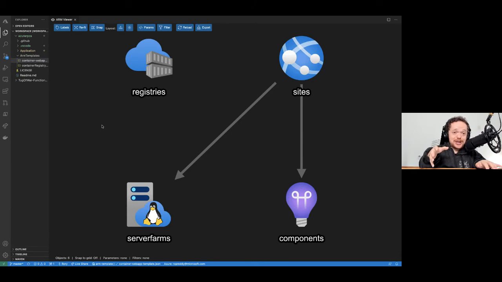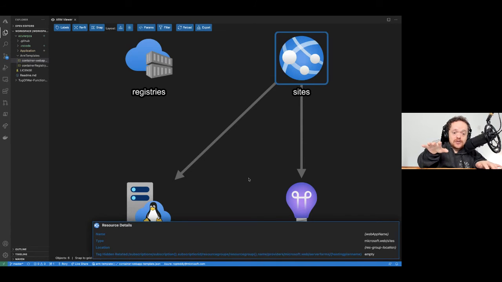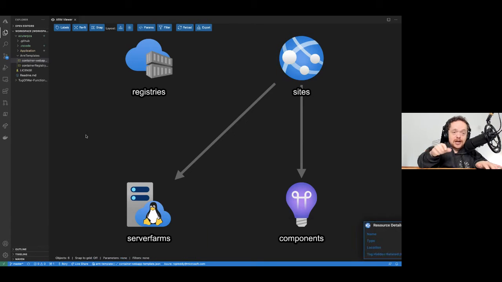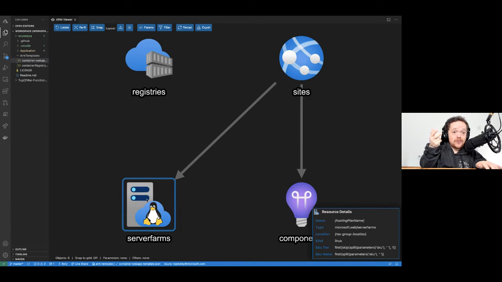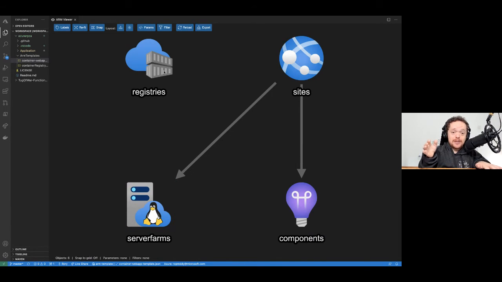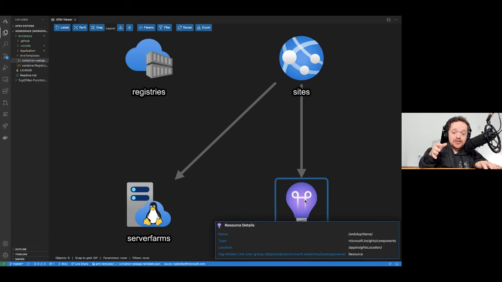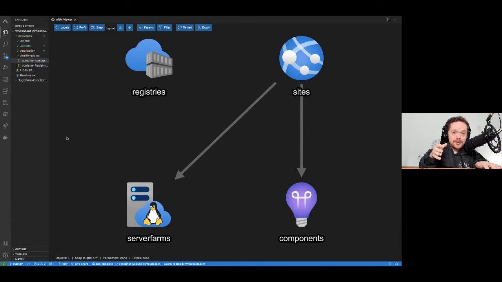And then this is what we're actually creating. Now you can see this is the visual, the nice extension, the ARM template viewer. So I've got a website, which is the resource group, and it is a server farm, and it's got a hosting plan. That creates your resource group, your application service, and then that points to a server farm, because you might have multiple different types of servers. At the same time, I've got my container registry that I'm going to push my Dockerfile to, and then I've also got my application insights, that we're going to use to create our observability. So this is a nice way to see the ARM template there.